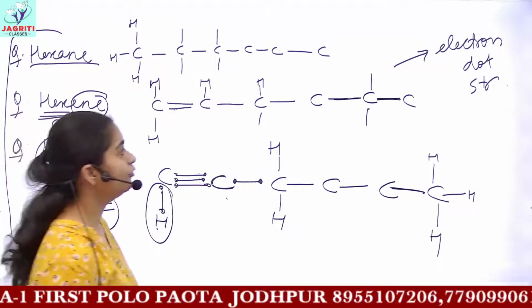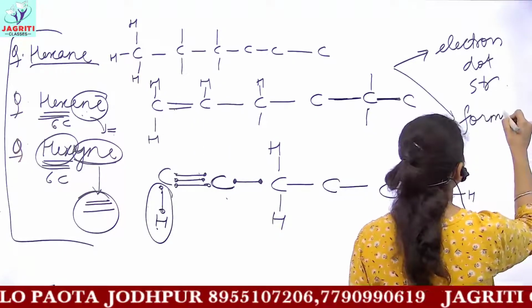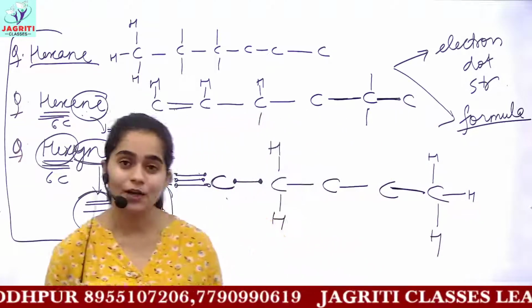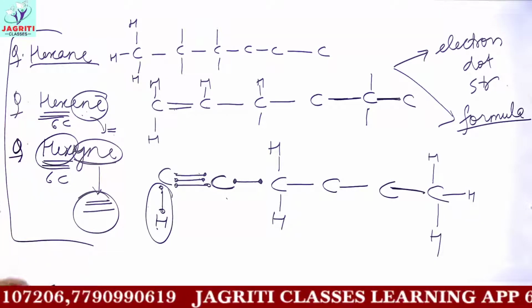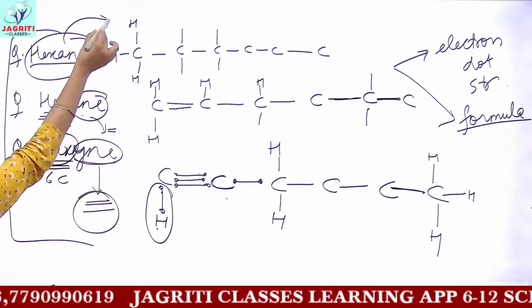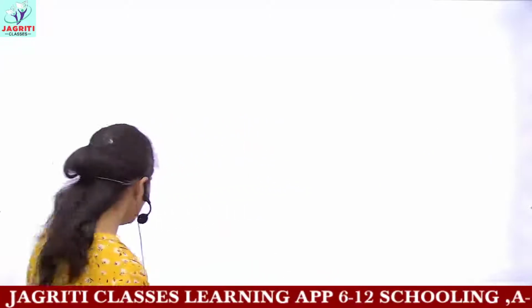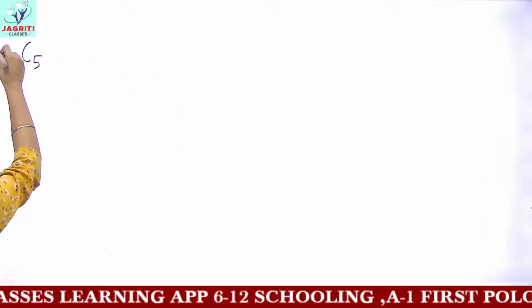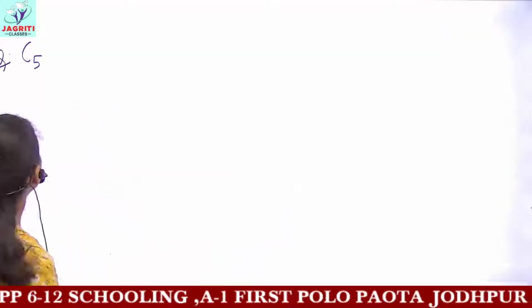So this, I want you to do the electron dot structure, and with this I want you to make the formula of the compound. How to make the formulas of the compound. Now I hope this topic is clear, that if you are given the name, then how to draw the structures from that given name. Now one short concept is there, that first I was writing the names, that hexane, propyne, butane, draw the structures. But now if you are given,